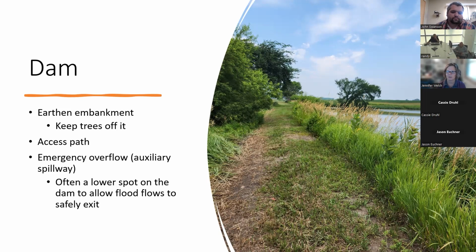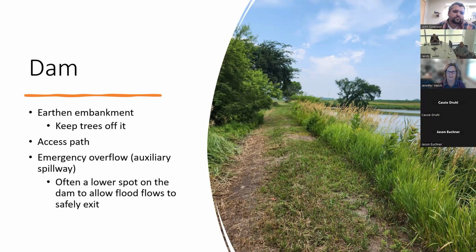So that's two different words for a lower spot, likely not on the dam, but maybe on the edge of the dam. We try not to have water flow over dams, but sometimes, as you're looking at where that is, there will be a lower spot that the water can flow across in the event of a very large storm